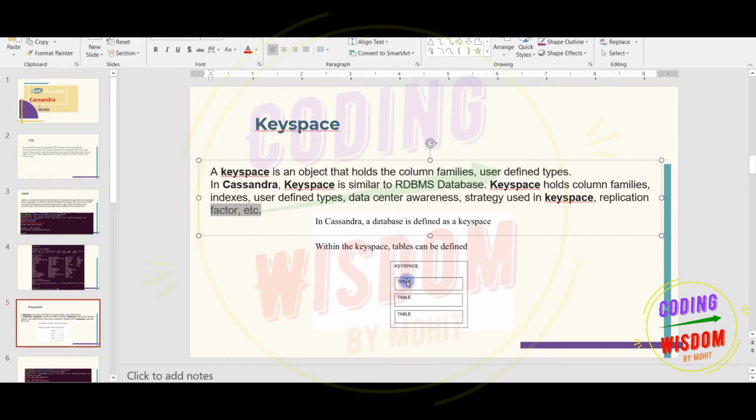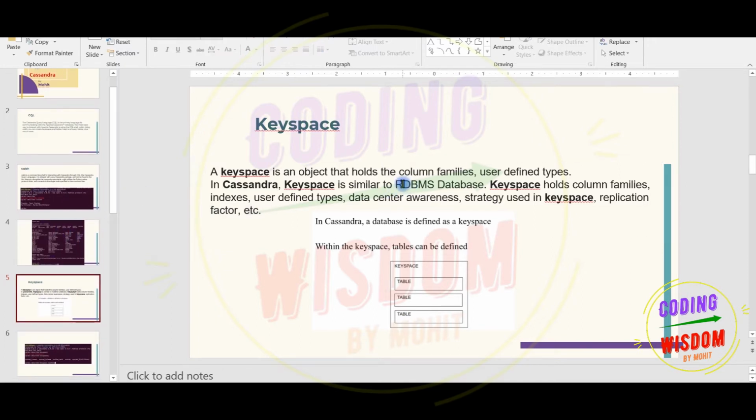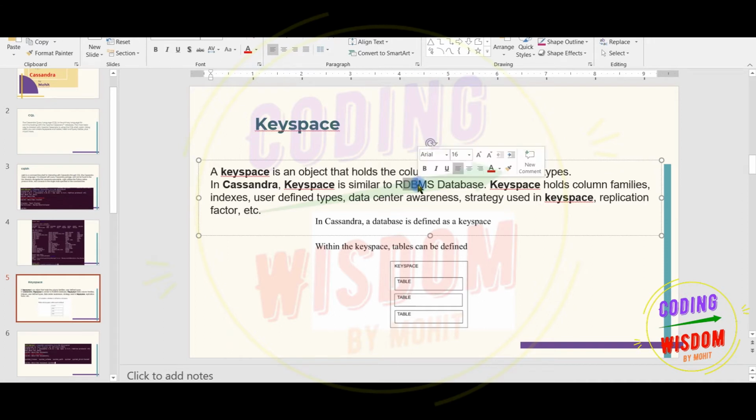A keyspace is holding multiple tables and playing the same role as the database plays in a relational database.